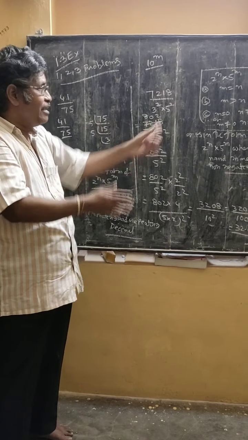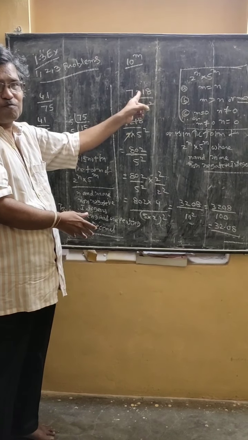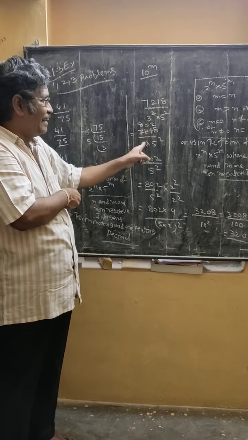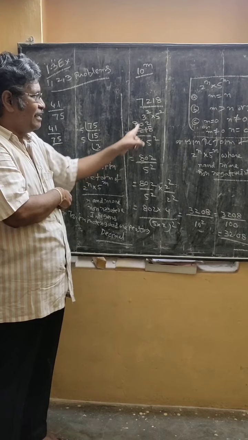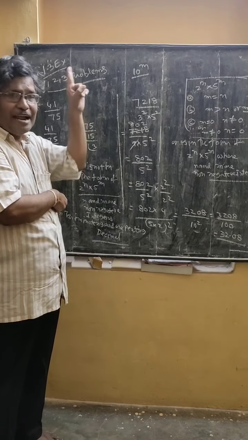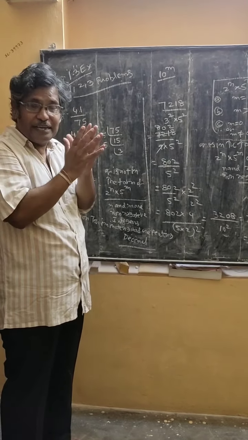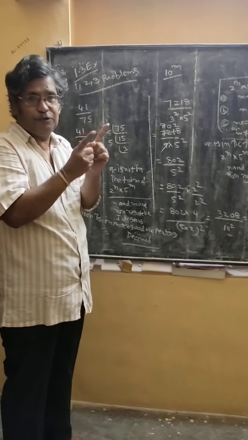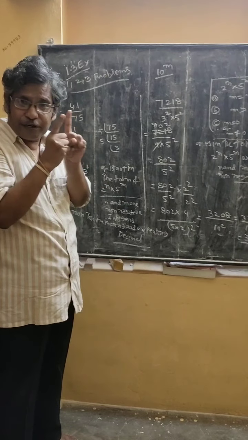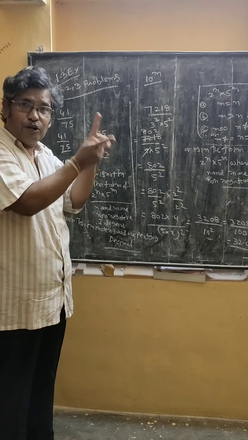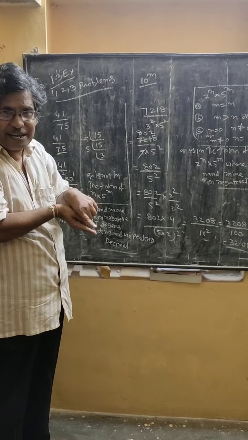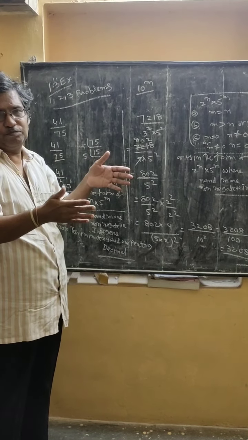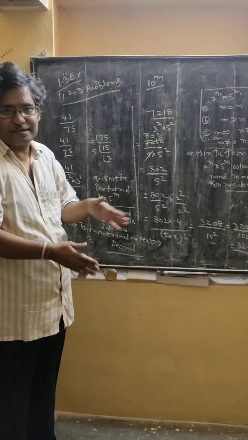If it is simplified, you see here 3 is simplified. Here the numerator is simplified by 3; the denominator is 9, which is 3 square, and the numerator is simplified by 9. So like that you have to notice the numerator and the primes in the denominator. You should notice the primes in the denominator and the numerator. If any possibility is there, simplify. Then you go to the process.